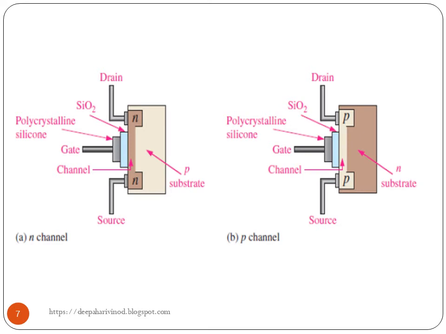Depletion mode visualizes the gate as one plate of a parallel plate capacitor and the channel as the other plate. So in the depletion mode, it acts as two parallel plates of a capacitor. The silicon dioxide insulating layer is a dielectric. Like the silicon dioxide layer, both of these act as parallel plates, and this is the dielectric in between them.